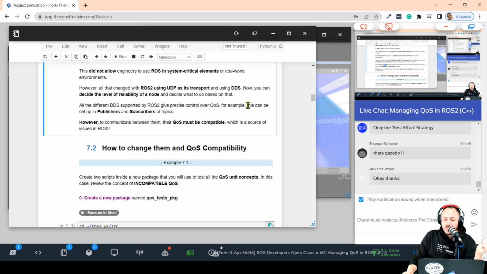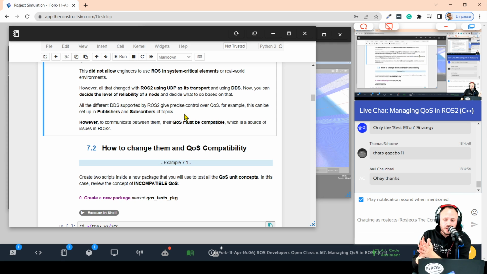This is usually going to be used in publishers and subscribers. As you know, in ROS2 one of the main elements are publishers and subscribers, which work over topics. Topics are the channels that transport the information. Then we have publisher nodes, which publish information into a topic, and subscriber nodes, which subscribe and get information from these topics. By using the quality of service, we can have a lot of control over how